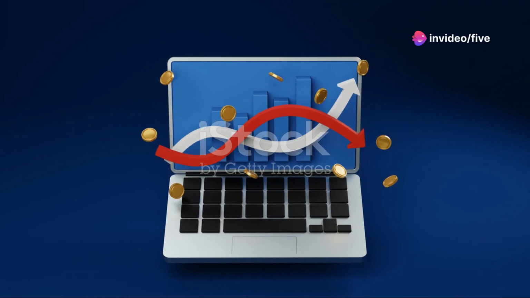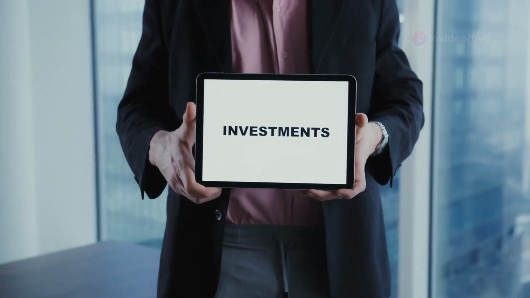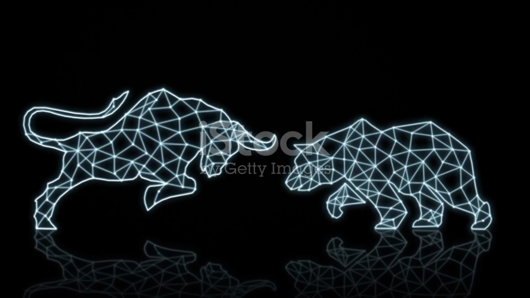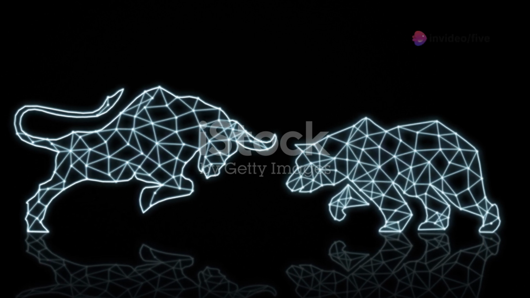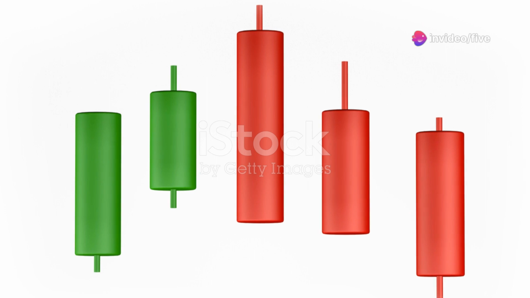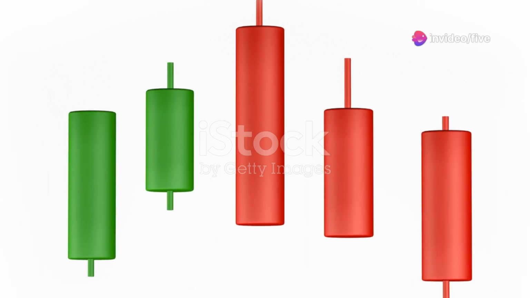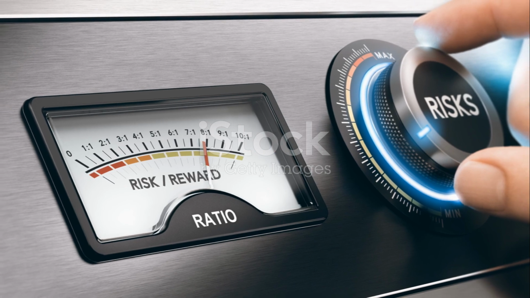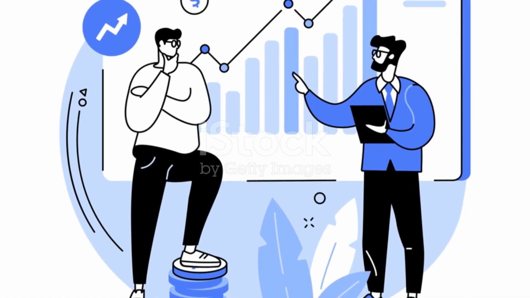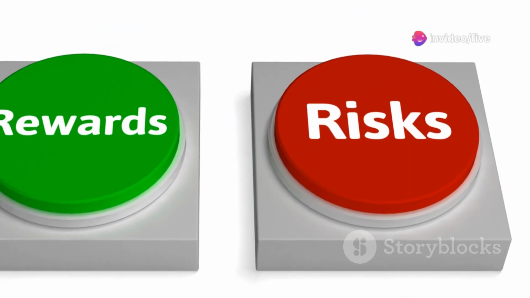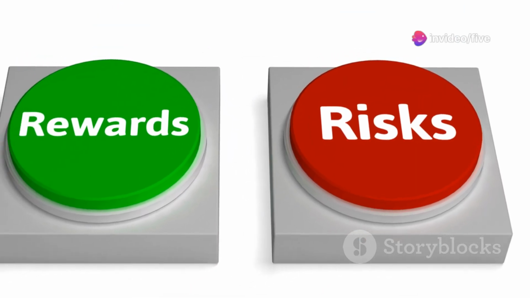Let's put it into perspective with a quick example. Imagine you have two investment options. Investment A has a return of 10% with a standard deviation of 8%, and investment B has a return of 12% but with a standard deviation of 15%. Using the Sharpe ratio, we can determine that investment A actually provides a better risk-adjusted return despite having a lower overall return. It's less about how much you make and more about how much you make relative to the risks